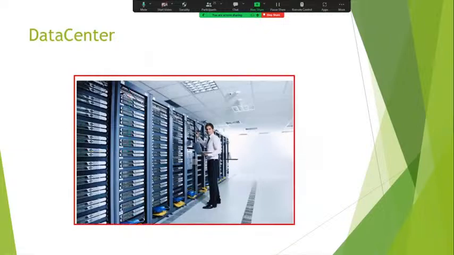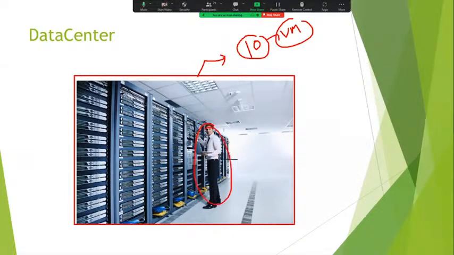For example, we are working in one organization and we got a new project where I would like to build 10 virtual machines. First step, submit the request to the data center team. They will verify whether space is available or not, and rack the space. Once space is available, first, they will install the operating system.